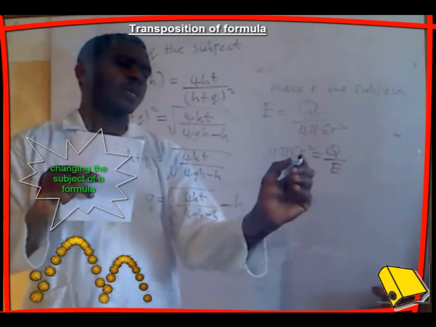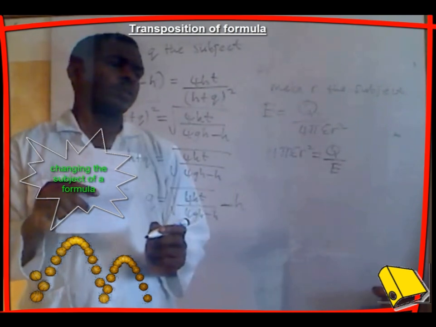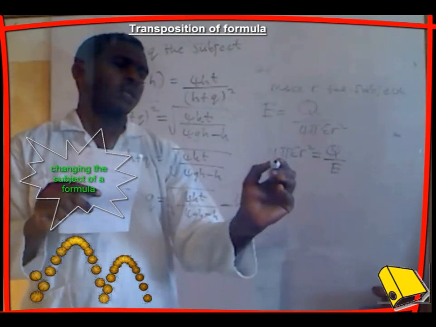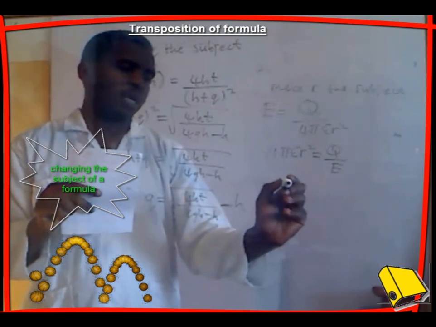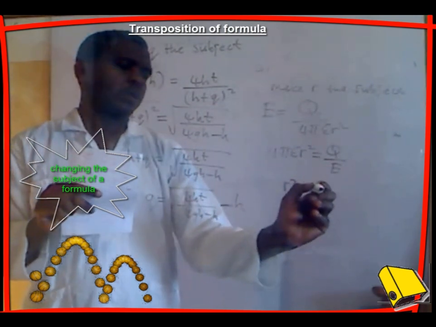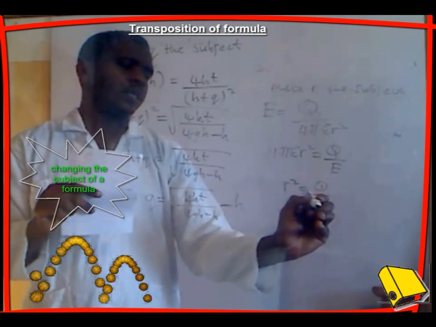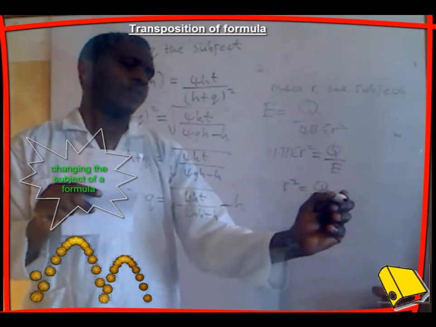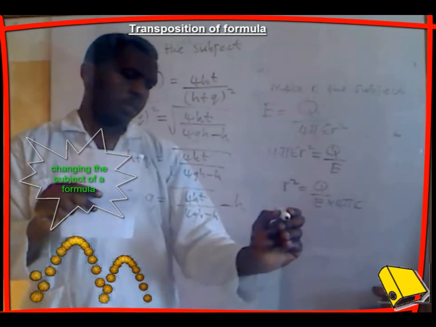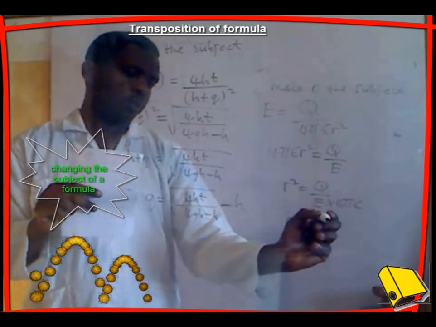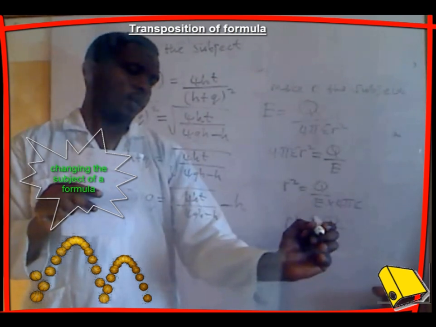I want to make radius the subject. So I divide all through by 4 pi epsilon. So I shall have radius square is equals to q all over e times 4 pi epsilon. So here you can say radius square is equals to q all over 4